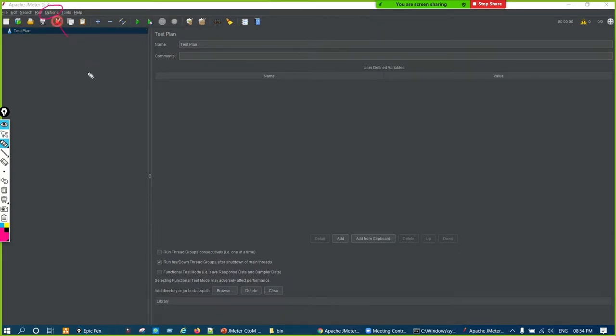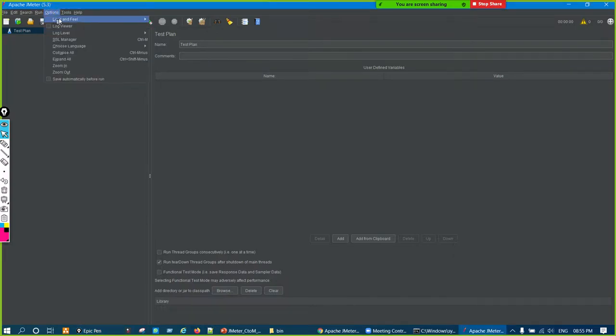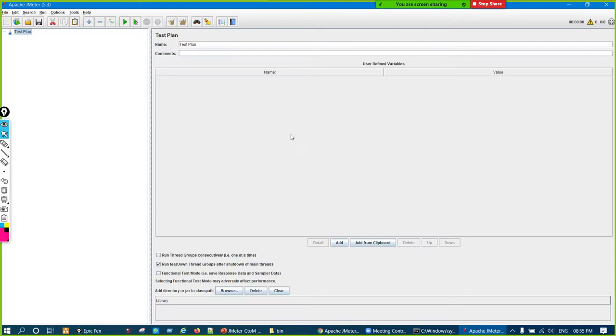Go to options. There, look and feel is there. Look and feel, and many options are available. I select metal. I prefer metal. Okay, metal is good. So you can also select. Click on that metal, and that color will be changed. Metal is a little bit grayish color.